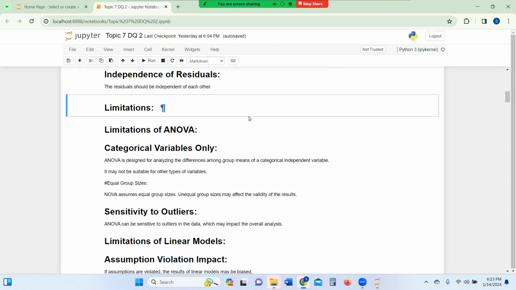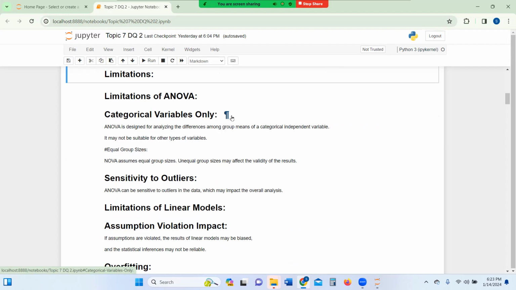The limitation of ANOVA for categorical variables only means that ANOVA is designed for analyzing the differences among the group means of a categorical independent variable. Equal group sizes is another limitation, meaning that ANOVA assumes equal group sizes. Unequal group sizes may affect the validity of the results. The sensitivity to outliers is a limitation, meaning ANOVA could be sensitive to outliers in the data, which might impact